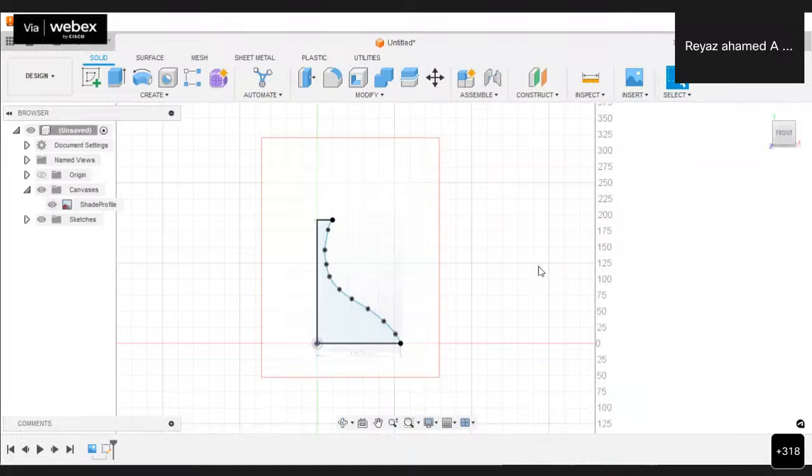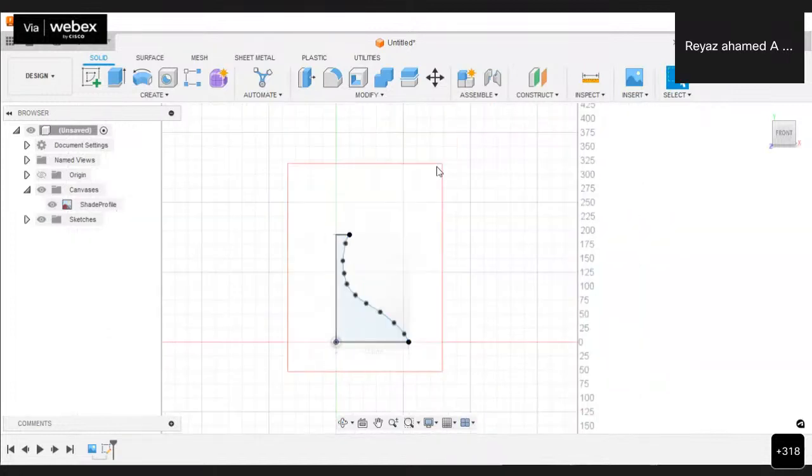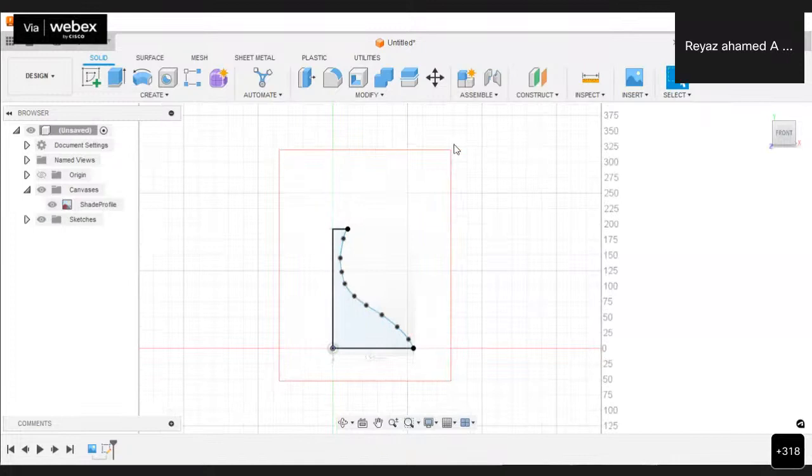Actually, we have created the profile. From this profile, we can convert it into a solid part model. We are not in need of the image now. From here, the image is not required. But actually the image is still visible. See, the black and red color line is there. So the image is still getting visible, but it is not needed now because we created the profile based upon that particular sketch.